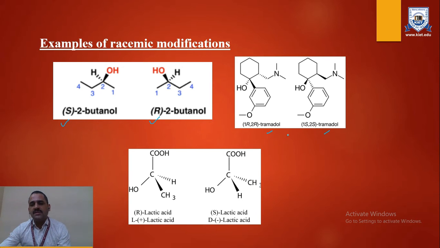Another molecule, an example of a drug, is tramadol, a painkiller, where equal proportions of R isomer and S isomer are present. Same here, the lactic acid could be evaluated from the point of view of absolute configuration. That's why it shows the rectus and sinister conformers, and it is also applicable in capital L and capital D, that is a relative configuration. So we can say these all are examples of a racemic mixture where both isomers are present in equal amount.